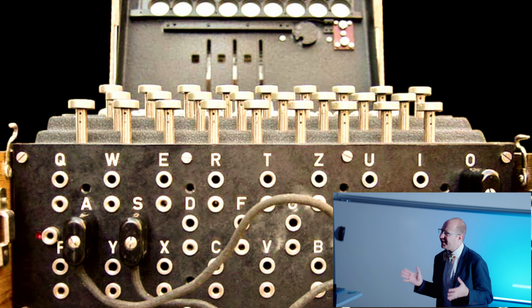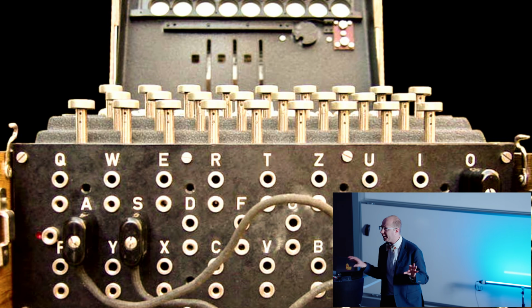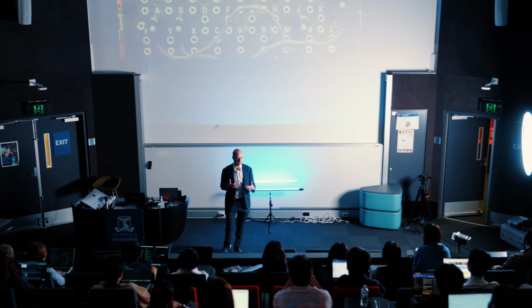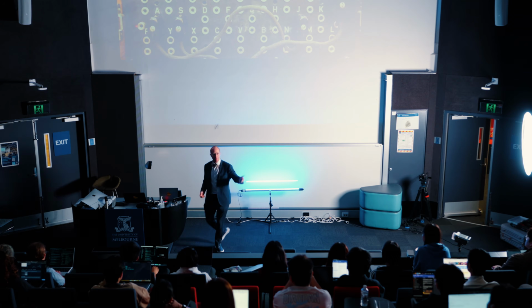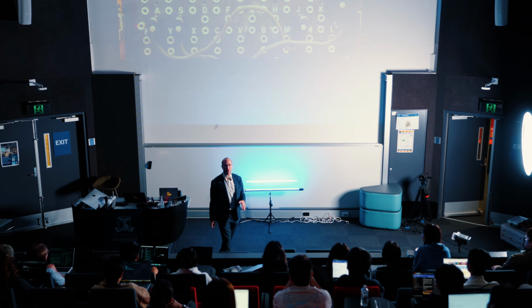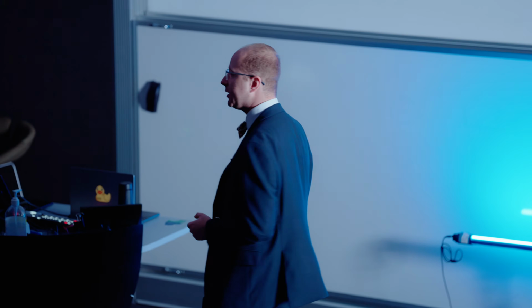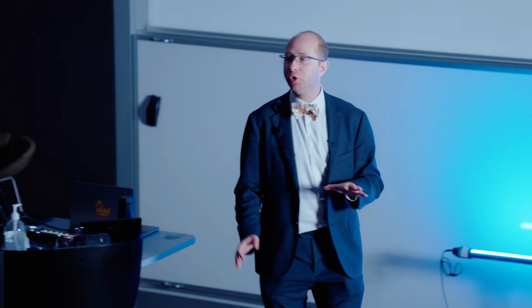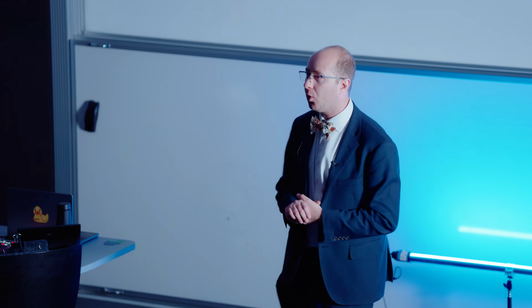This is a code machine, but instead of breaking codes, this is a machine that makes codes. And when I say codes here, I don't mean computer programming code. I mean secret spy code. And that's actually my area of research, figuring out how to encipher and decipher messages. This particular machine is called the Enigma machine, one of a series of Enigma machines primarily used by the Nazis during World War II to hide messages from the Western powers so that they could conduct their war effort.